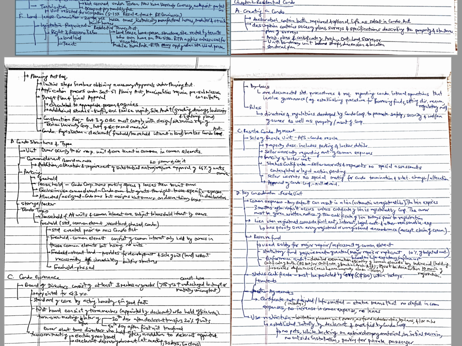So to recap, condominium governance includes a board of directors, which consists of at least 3 members or greater, should be more than 18 years of age, and cannot have an undischarged bankruptcy or be mentally incompetent. A director ceases to be a director if either of the two latter events occurs, or if the individual concerned does not obtain a discharge from a lien within 90 days of the registration of that lien.